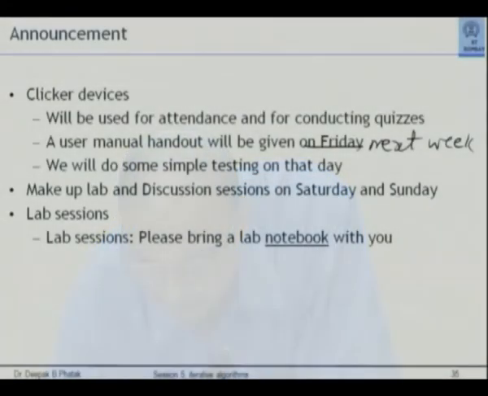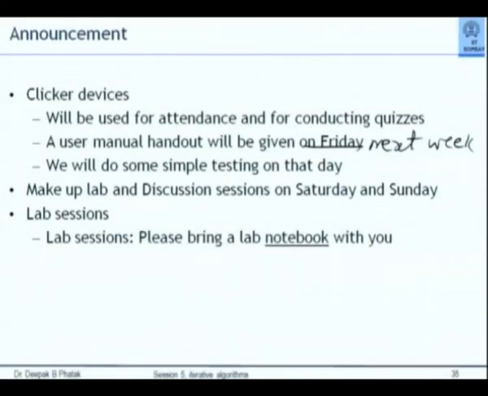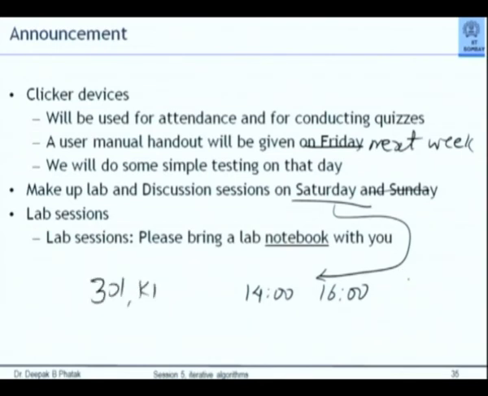Anyway, the important announcement is that there are no discussion sessions planned on Sunday this time, but Saturday there are two things that are going to happen. One is a Hindi lecture as usual from 1400 to 1600 in room 301 Crescent building.